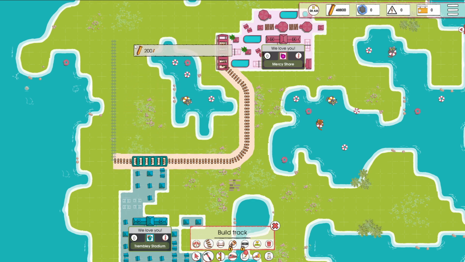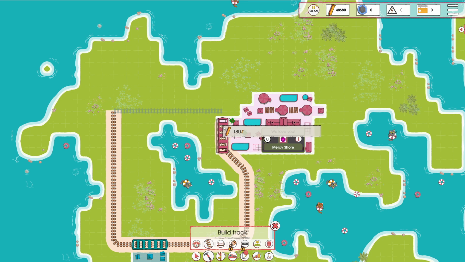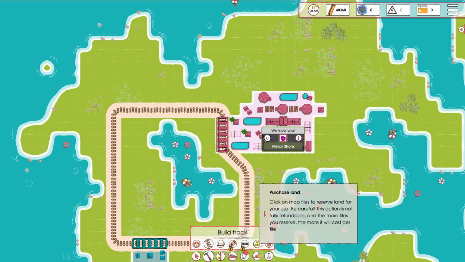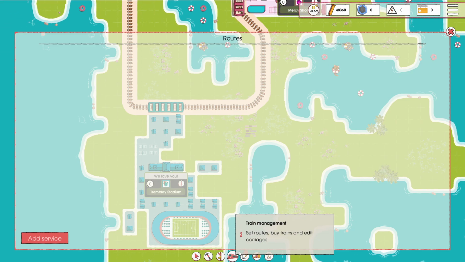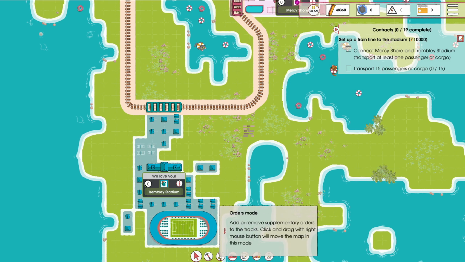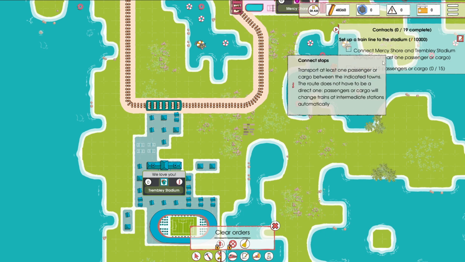What I'm also going to be doing here. There we go. Make a nice little quick circuit run here. We're going to have to do more with that later, but we can purchase land, we can do stuff. Okay, so let's see. Now a little bit more management, contracts, active. Okay, activate, transport, orders mode, clear orders, money,